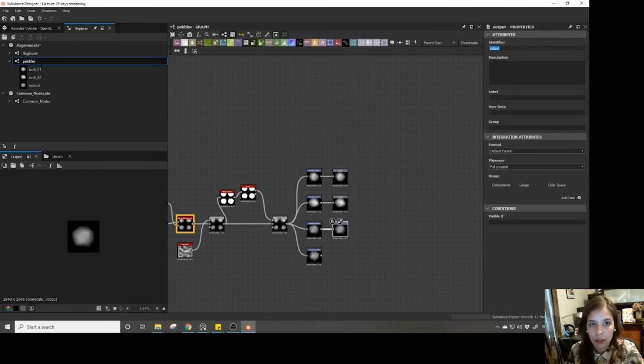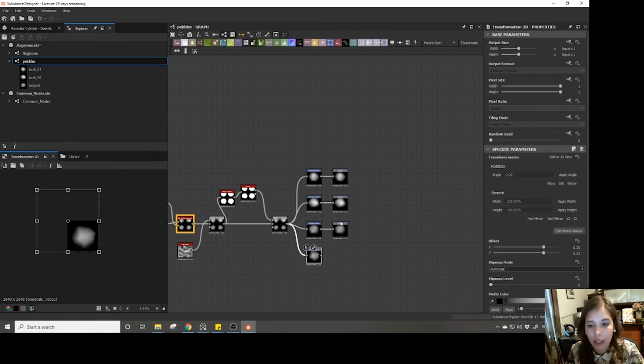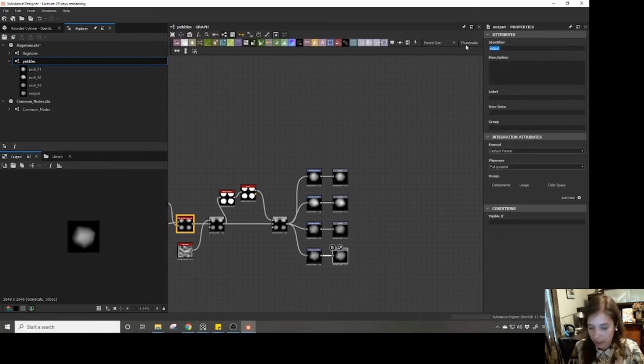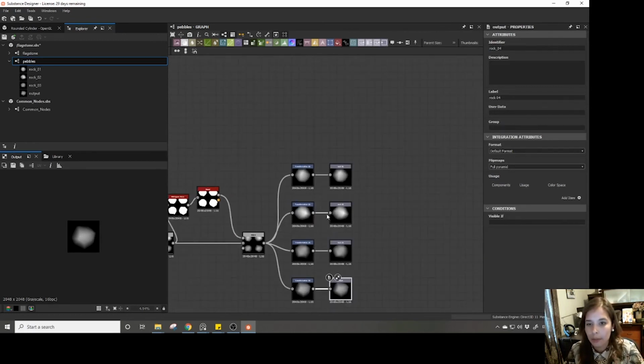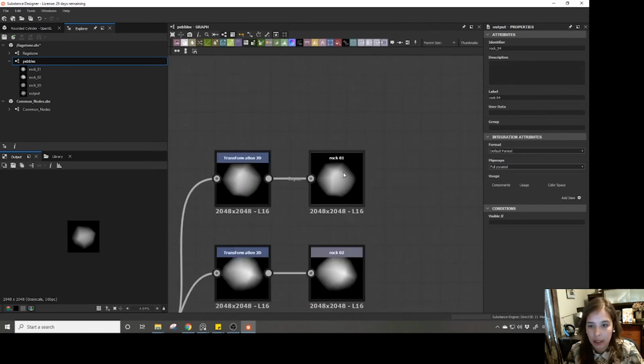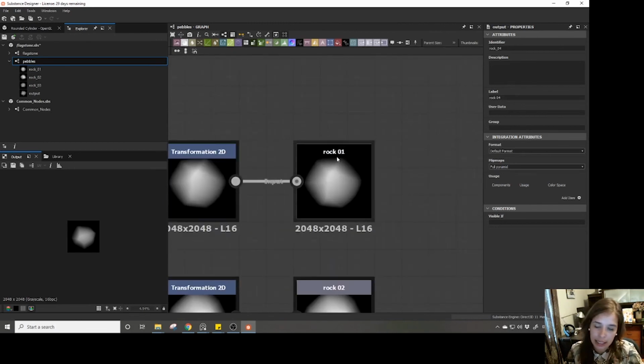Another output for 03 and 03. And finally, rock 04 and rock 04. Okay. So the names that we're giving it, label is the label that it's going to show